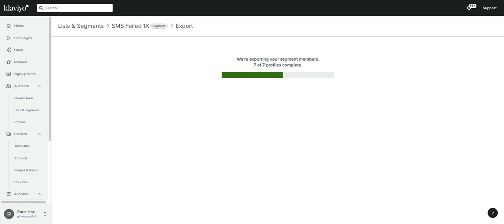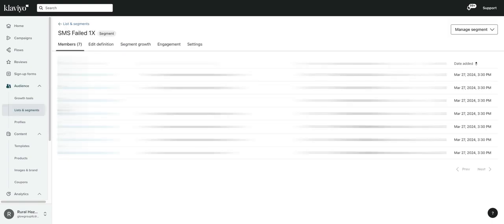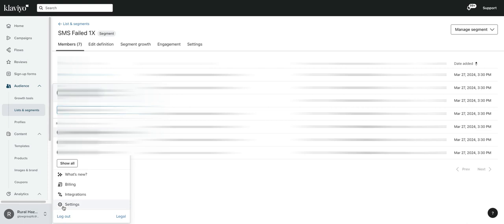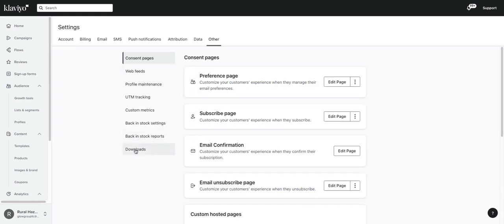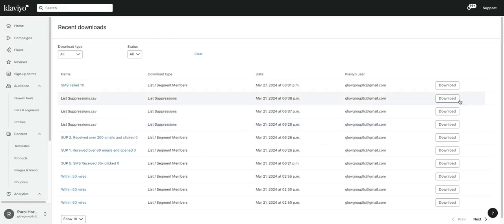This export will either deliver into your computer or to your downloads folder. If your download does not arrive at your computer, you can click on the bottom left, click on Settings, go to Other, and then select Downloads. Here is where all of your downloaded files are available. We'll click Download, and then we will go back to our settings,